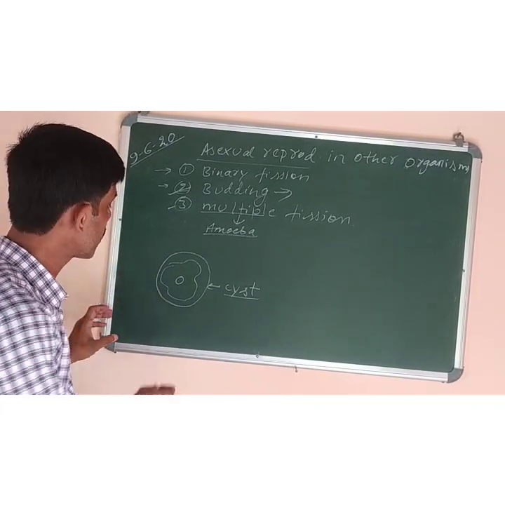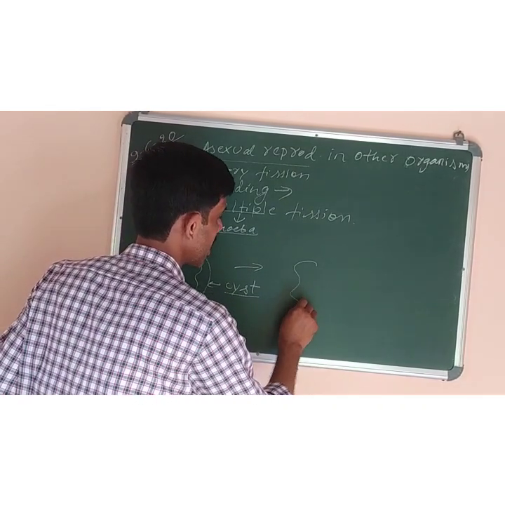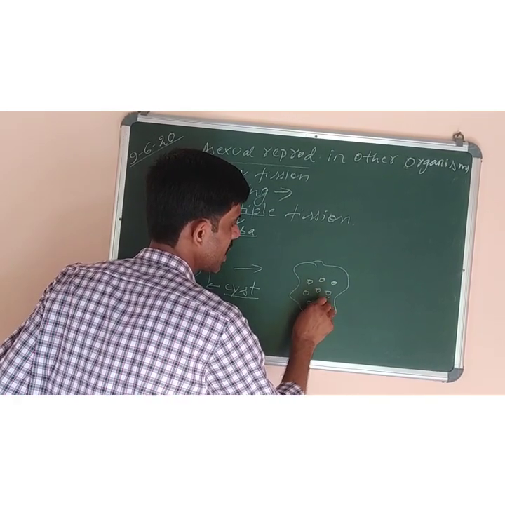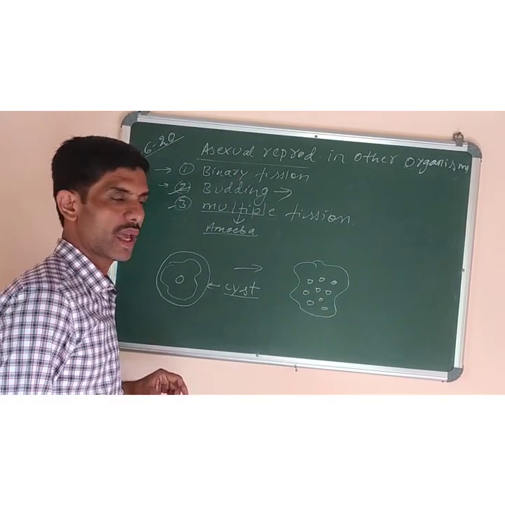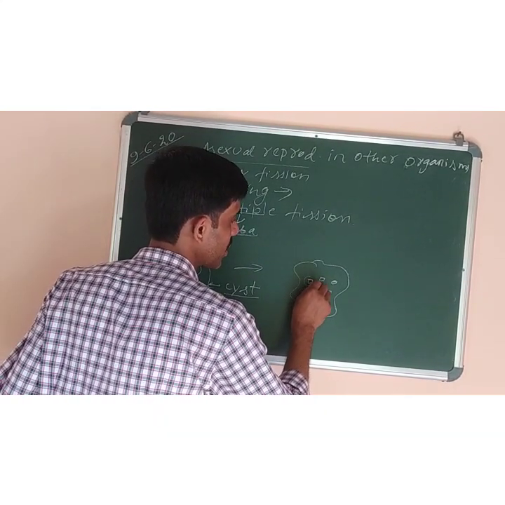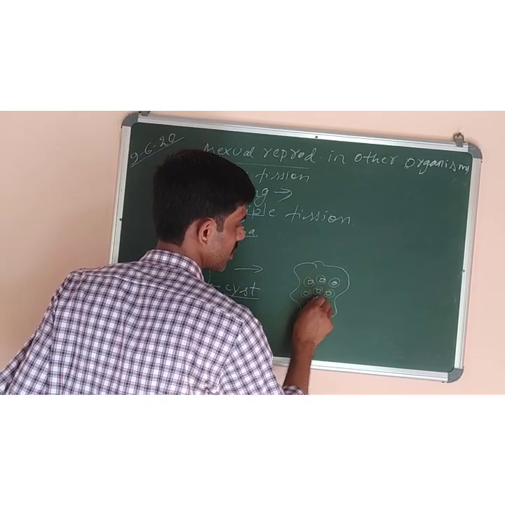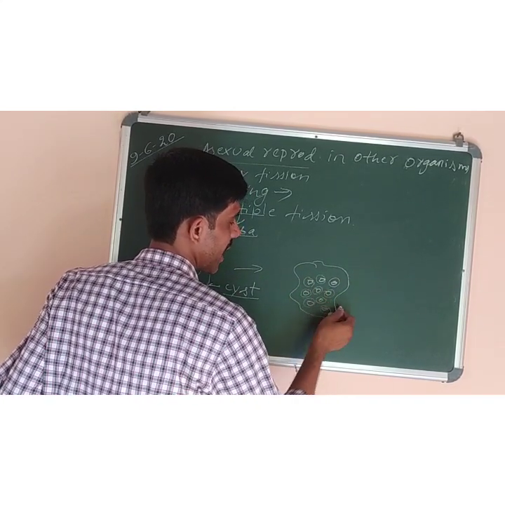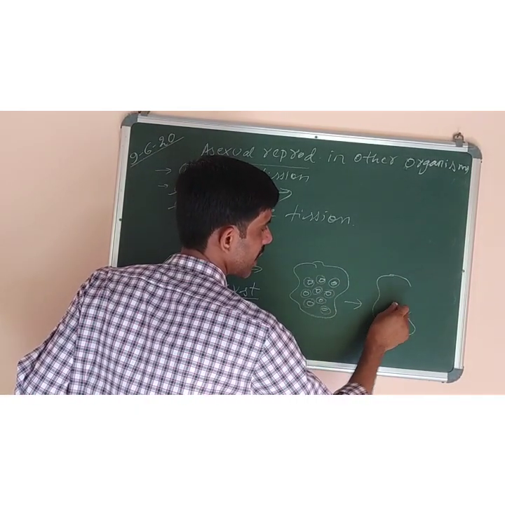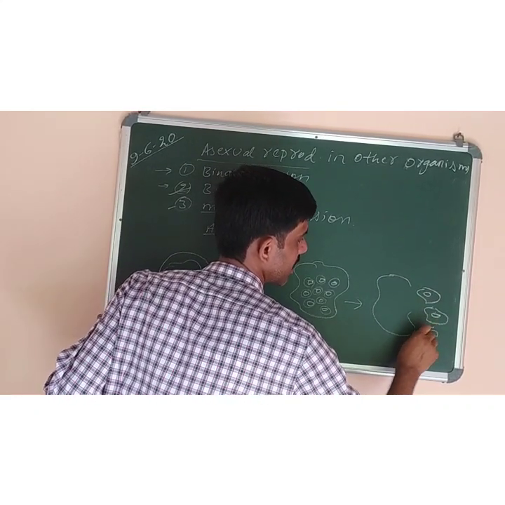Inside the cell, the nucleus will keep on dividing. So next step I am drawing here. See, plenty of nuclei will be formed. Nuclear divisions will keep on taking place. And each nucleus will be surrounded by a particular amount of cytoplasm. Understood? Cytoplasm will also surround them. And when favorable conditions return, it will break and it will release all of them. That is, all the amoebas will be released outside.